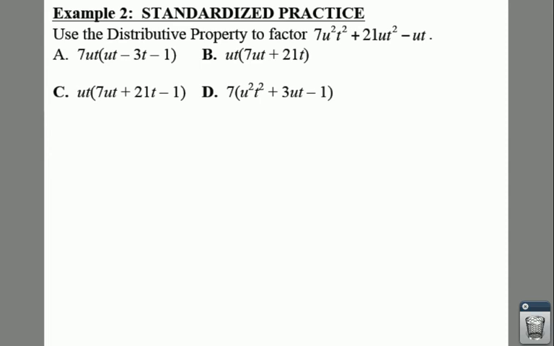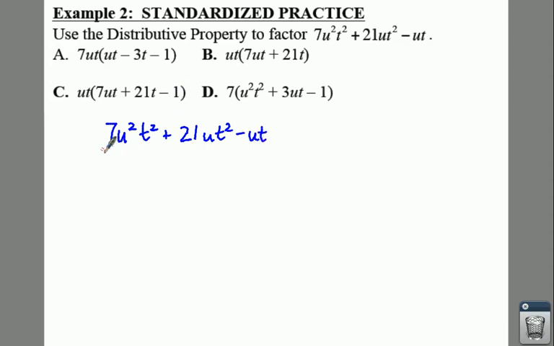Alright, so here for example 2, we have a multiple choice, which is great. And what we're going to have to do is use the distributive property to factor 7u squared t squared plus 21ut squared minus ut. So if we start off with 7u squared t squared plus 21ut squared minus ut, first thing you want to do is you want to look